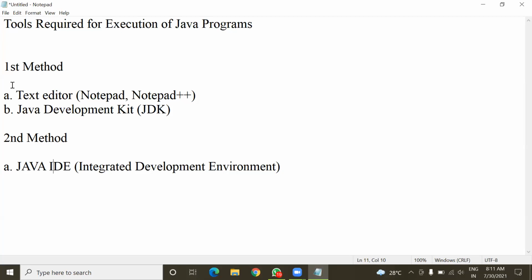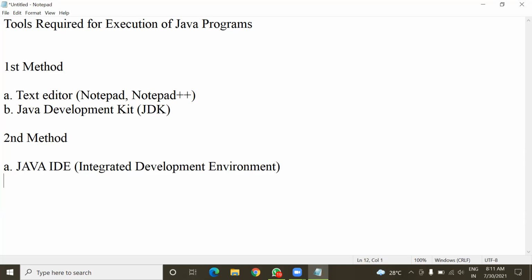But in the first method, we have a text editor for typing our Java program, and JDK for compilation and execution of the program. In an IDE, there is no need to switch from one application to another. Just one application is enough to write your Java program as well as execute it.